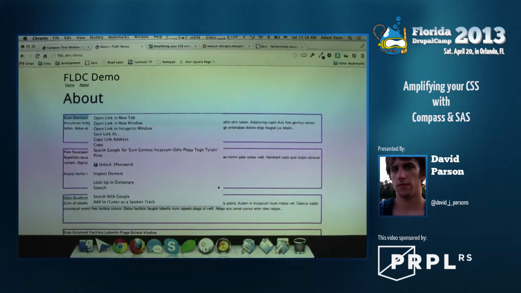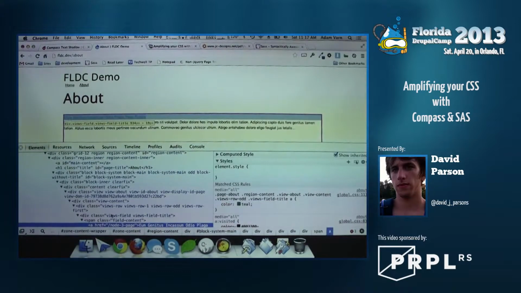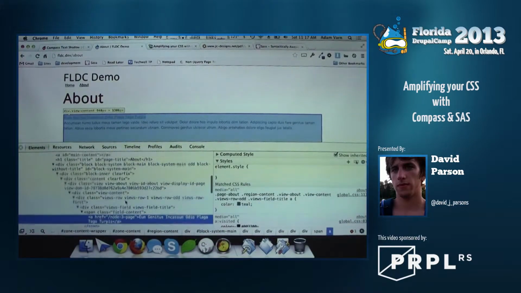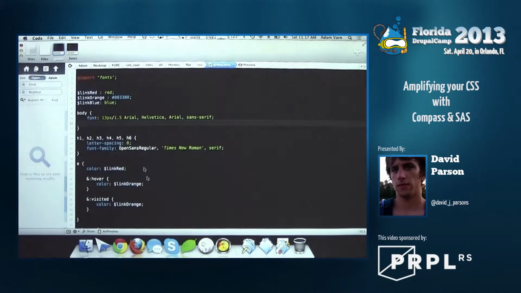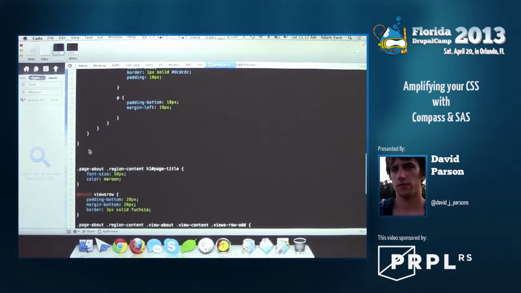Views gives you a ton of CSS classes. Just to get to the view itself, you start with the block, the main block, then the block inner, the block content, then view about, then view content, then views row, then the views field, then the view field content, then the A. So just to get to that one thing, you have to go through like 7 or 8 different classes. That can get really tedious if you try to write your code and call as many classes as accurately as you can. So what you can do to save yourself from having to rewrite all that is